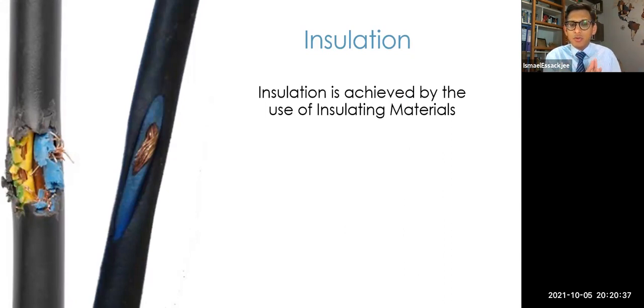PVC is a very good insulator, but however, it is soft. So you can squeeze it in the doors, or in some area it is going to damage the outer layer, and ultimately your inside conductor is going to be visible. It can protrude, and anyone touching that is going to have either an electric shock or electrocution. Which one would you like to have? Hopefully you're not choosing any one of these.